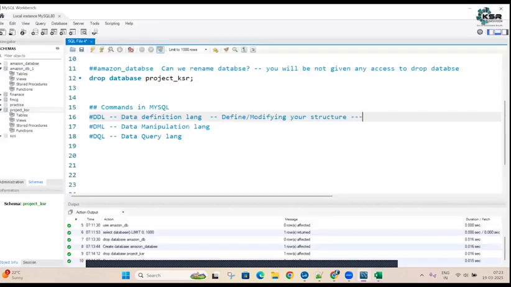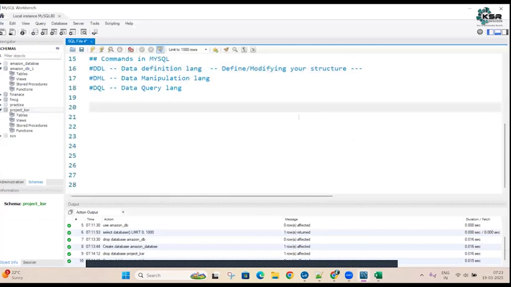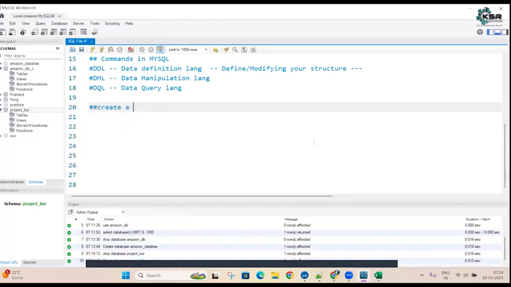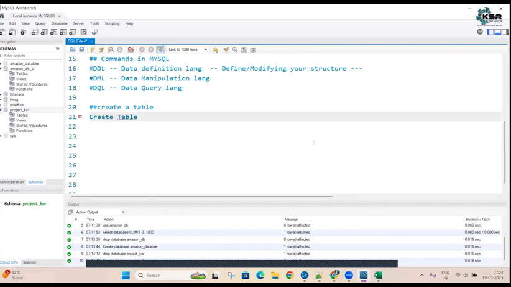Okay. Now, create a table. To create any table, there is a particular syntax we have to follow. Syntax is nothing but these predefined rules given by MySQL or any other database, saying this is the particular set of queries or code you have to use to create any object. Now you say create table name